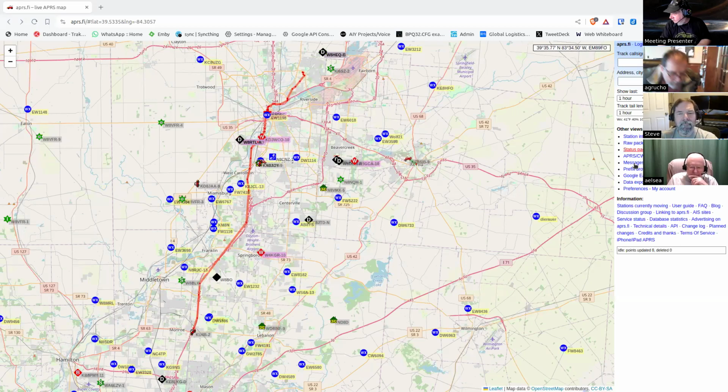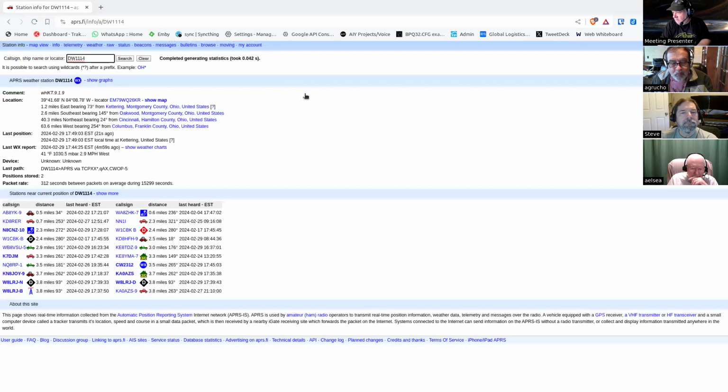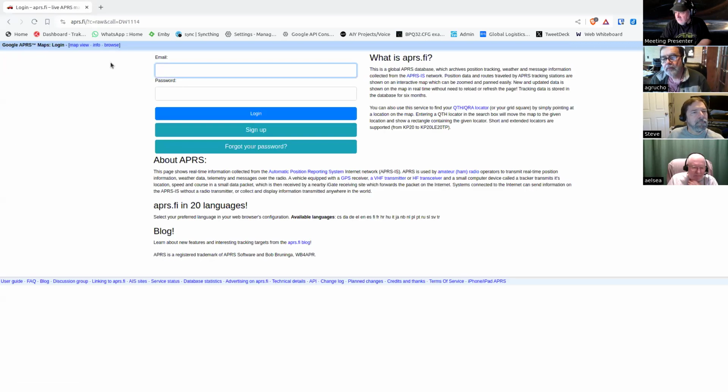See over here, there's other things, but if you click on an icon, there's also the information thing. You click on information, then up here at top, it'll go for this station, whatever this station is, but you could go and look at the raw packet. Oh, he's changed it. You used to be able to see that.